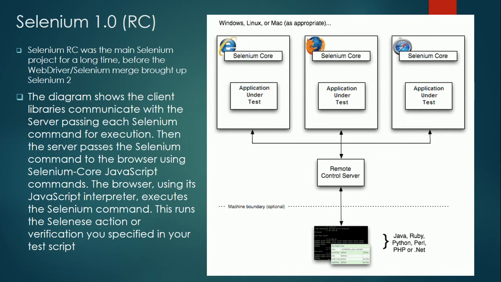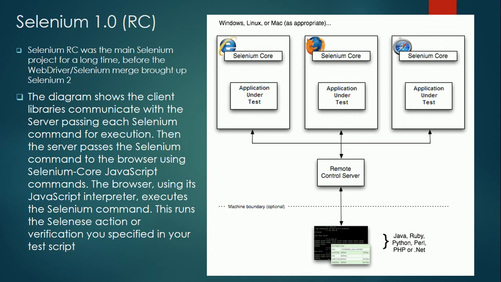Next comes Selenium 1.0, which is called as an RC, that's a remote control server. So what was the problem with IDE is that we cannot use our own language. We cannot code in Java. So what they did is Selenium RC came into picture, and they developed a server. They allowed a user to write a code in Java, to write a code in C sharp, and just use a RC server in order to convert our coding into a command that a browser understands. So that's how the Selenium RC was.